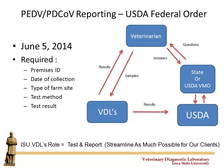But I did want to say what our role is in this as it relates to helping our clients comply with this federal order. And really our goal in it is to say, how do we streamline it as much as possible for our clients and make it as easy and painless as possible? Because essentially what we're doing, since this came into place, is we're doing the tests, we report the results back to our clients like we always have, and then the difference here is that the